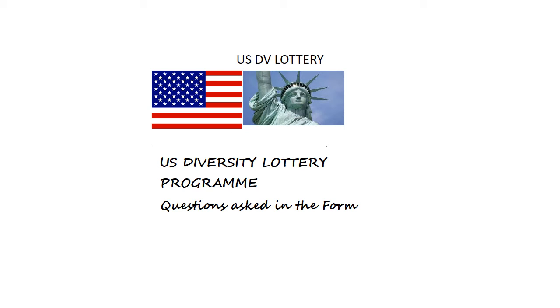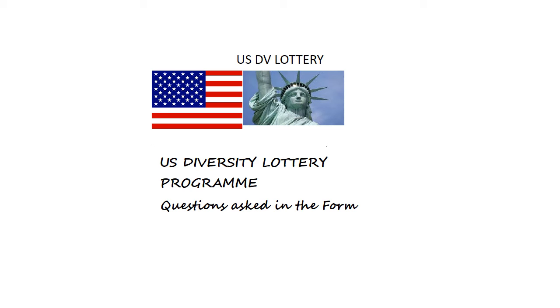Also, if your spouse is a US citizen or a permanent resident, do not list him or her in your application or entry. The next point is number of children. List the name, date of birth, gender, city or town of birth, and country of birth for all unmarried children under the age of 21, regardless of whether they intend to accompany you to the United States or not. Submit individual photographs of each of your children using the same specifications I mentioned in my previous video.